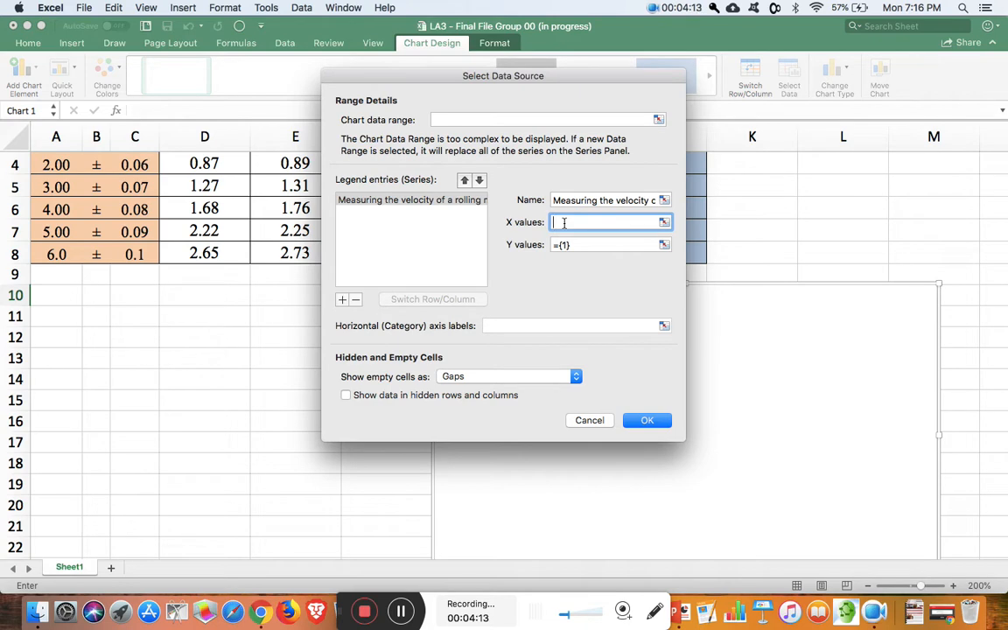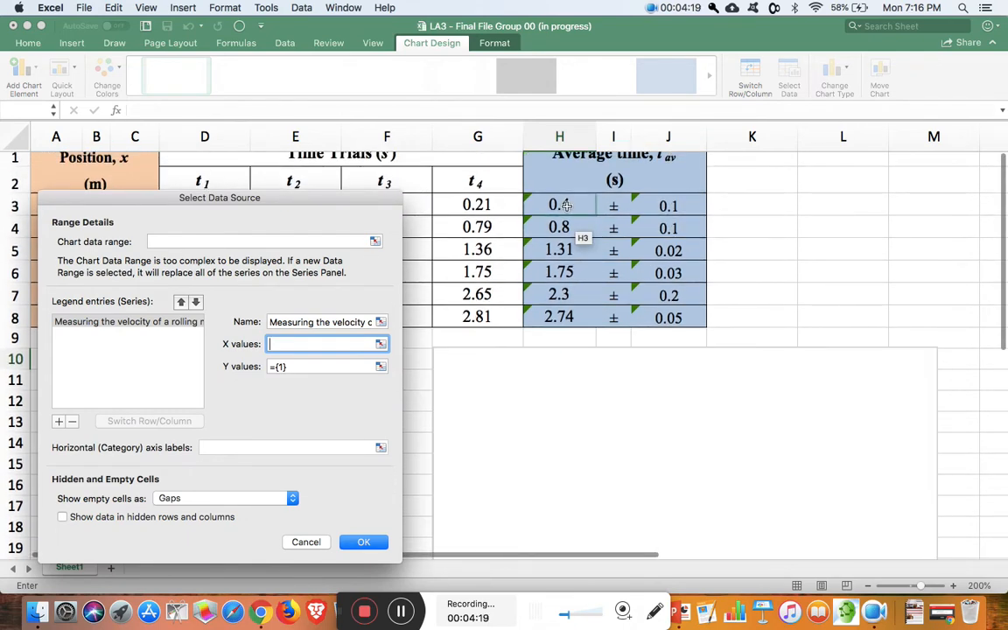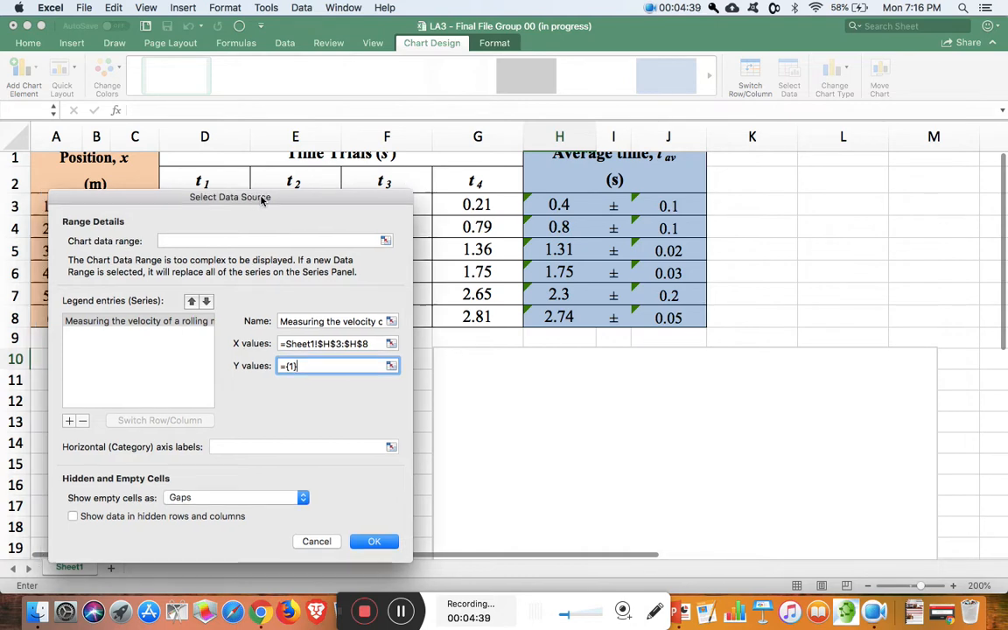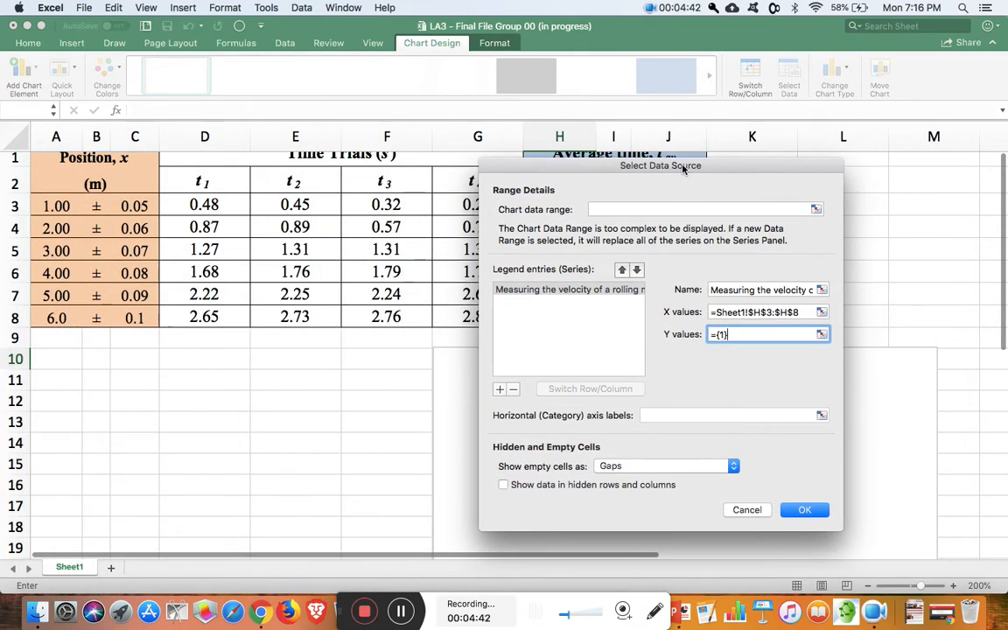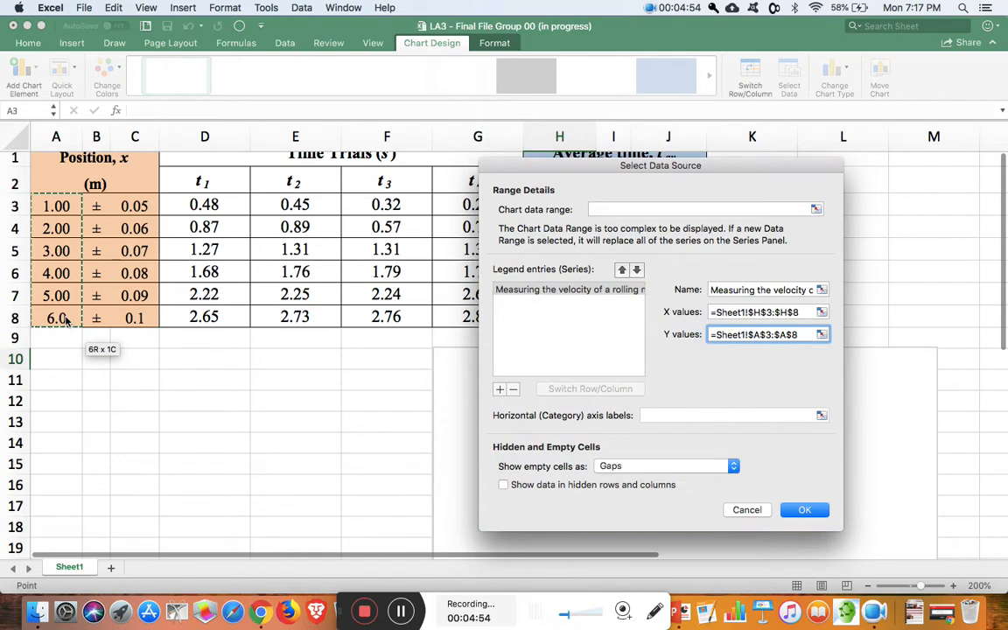In Excel, x means horizontal, but in our case horizontal values are the average time. So I'm going to select cells from H3 down to H8. Okay, and I'm only selecting the numbers, the values, not the titles, not the heading. Then for the y values, I'm going to select the vertical values. So in our case, it's not y, it's x. Position x is on the vertical axis. So my y values is my position x. So I'm selecting the cells from A3 down to A8,